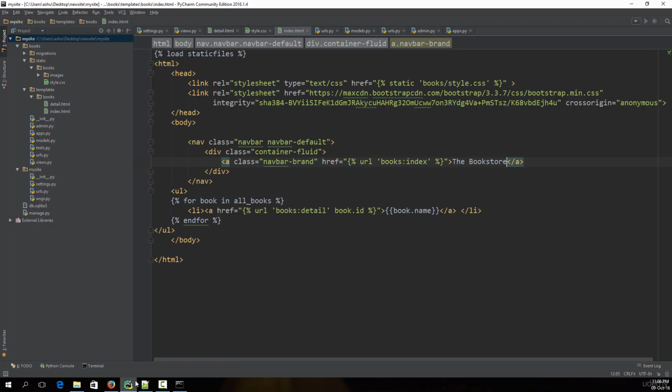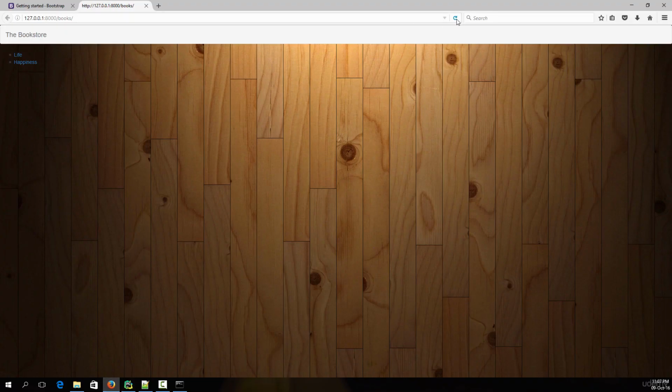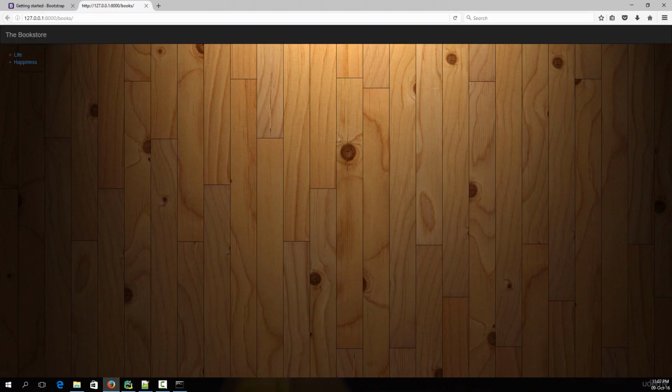you could jump onto your code, and instead of having navbar default, let's type in navbar inverse. So that is basically going to invert the colors. So now if we go back here and refresh this, as you could see, now we have